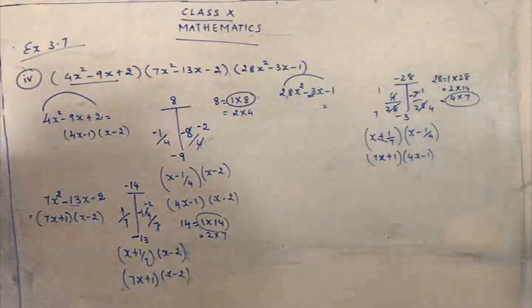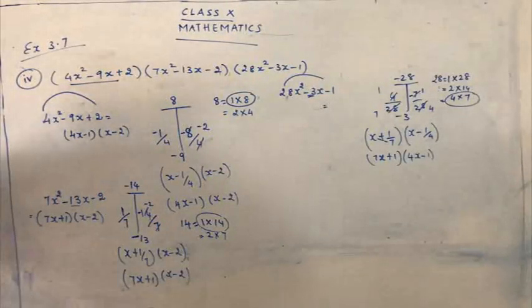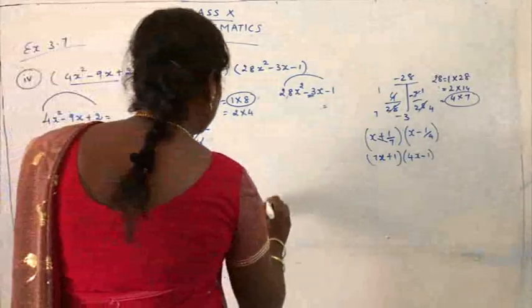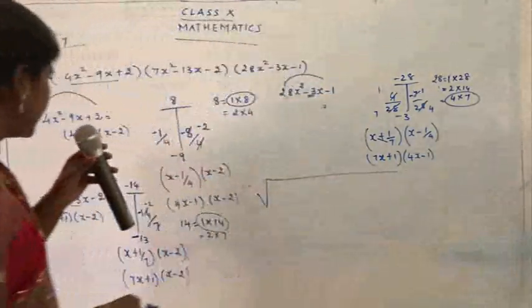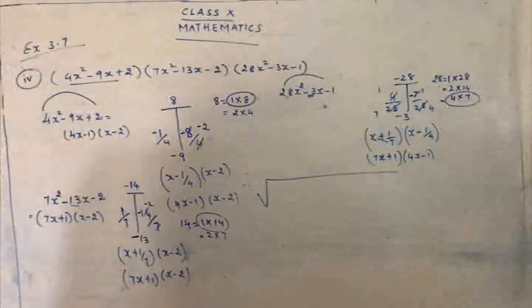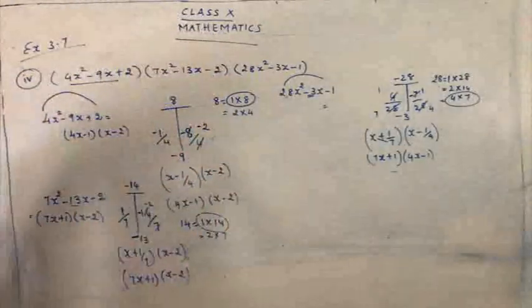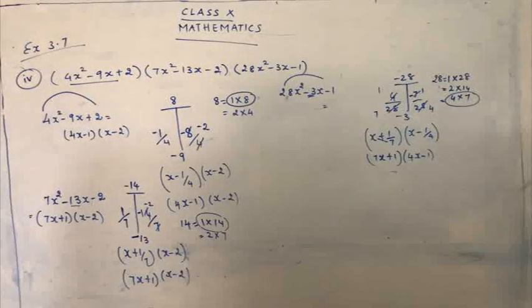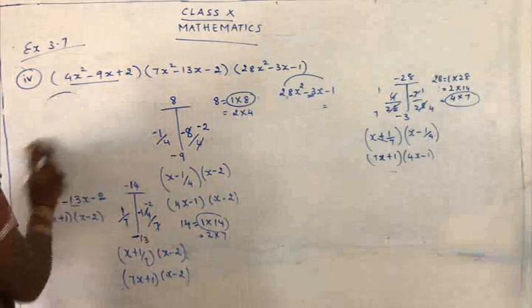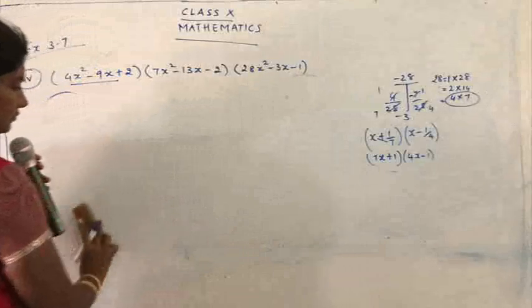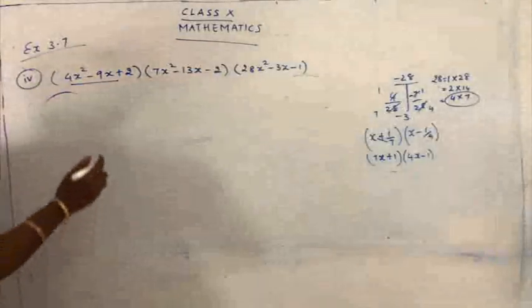So now we are going to assemble everything together and we are going to conclude our answer. Let's see how to find our answer. So therefore, square root of, I'll just continue over here. I hope that you have completed the first part. So I'll rub the first part. So remember the factors, children. So we have noted down all the factors, yes? Okay. So I'll just rub here. So what do I get here?